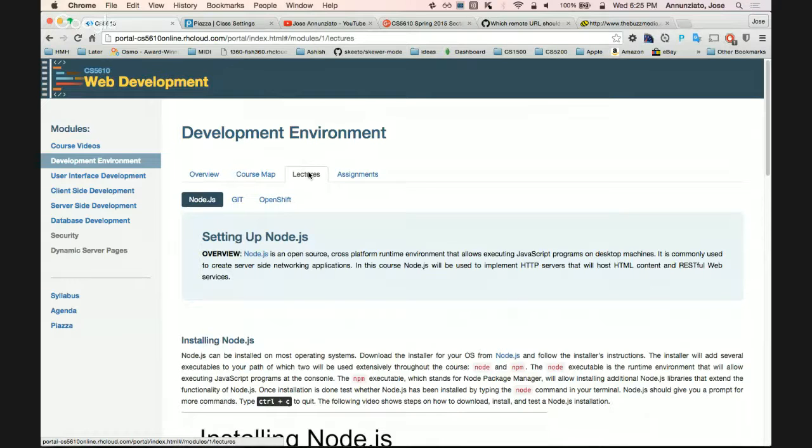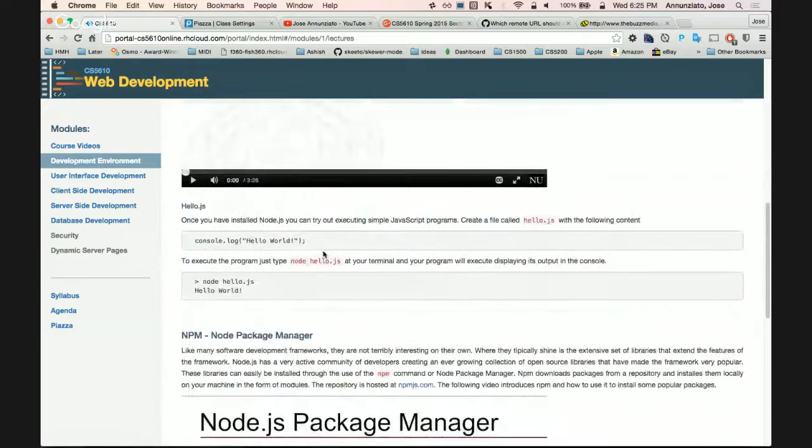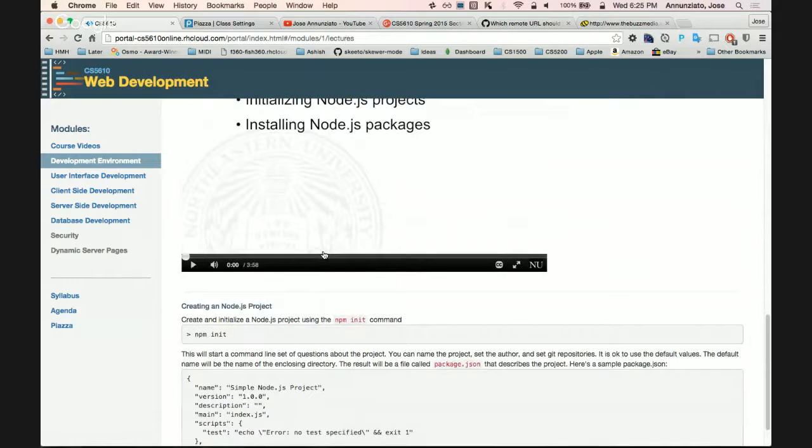There's a Git set of topics and an OpenShift set of topics, and each one has a set of videos under there. These are pre-recorded videos, and you are responsible for the content in these videos. There's going to be a lot of hand-holding on these videos. They're not live. They're recorded in the studio, and they follow a particular order. So for this material, you're responsible for this material.